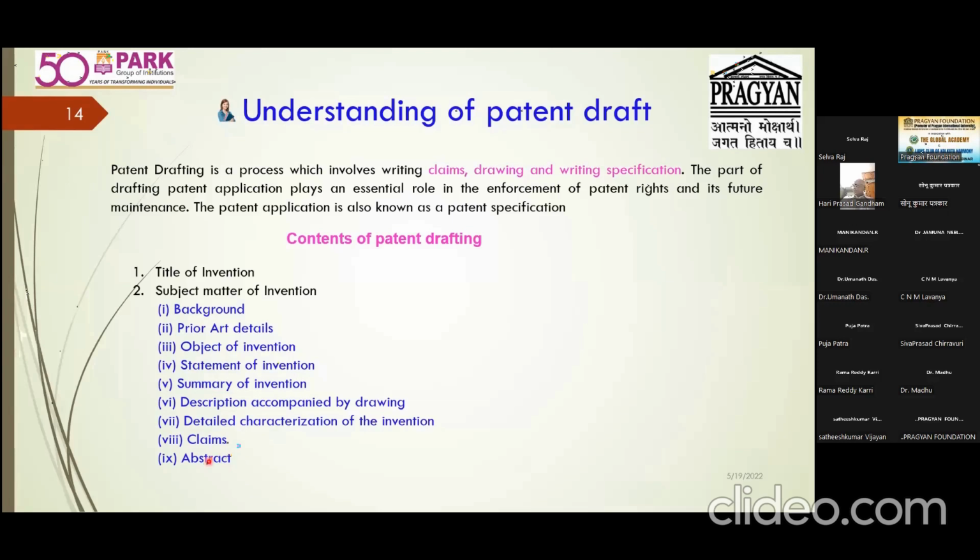Okay, so a publication in a journal is different, and a patent publication is different. There are different things between the patent and the scientific journal. Here, the abstract: don't think that it is like a scientific abstract. It's not like that. One can derive the abstract from the claim. I'll tell you in the coming slide.